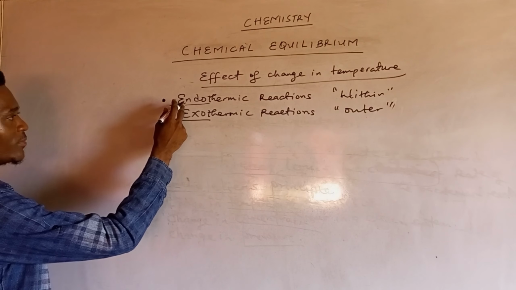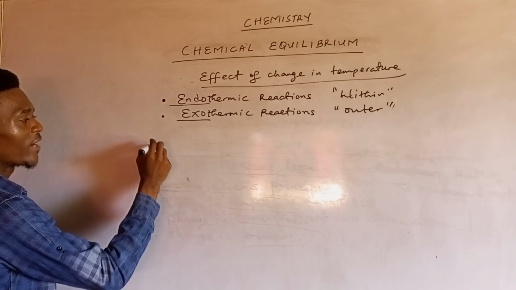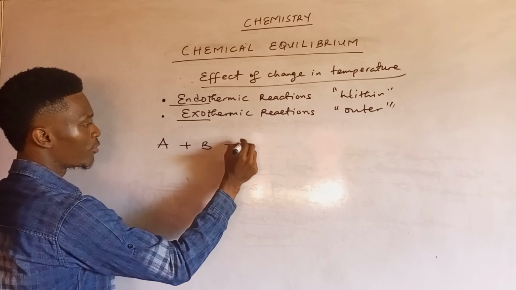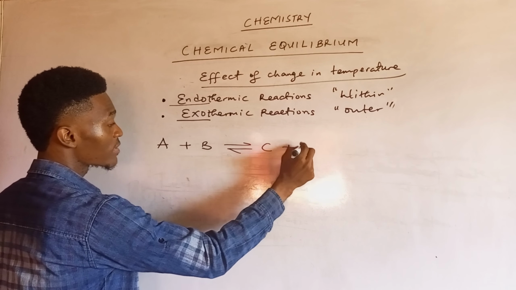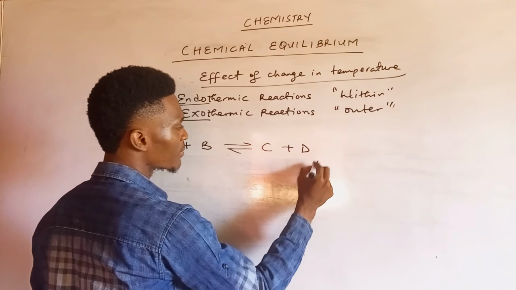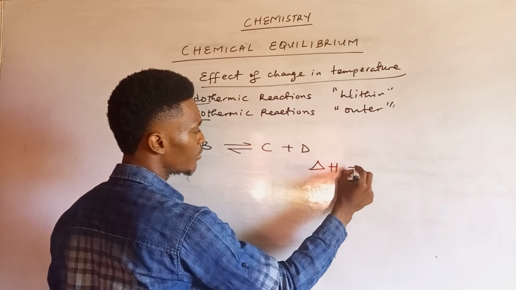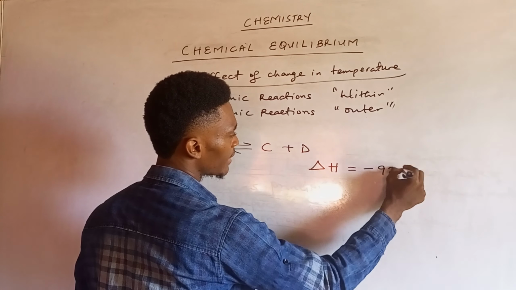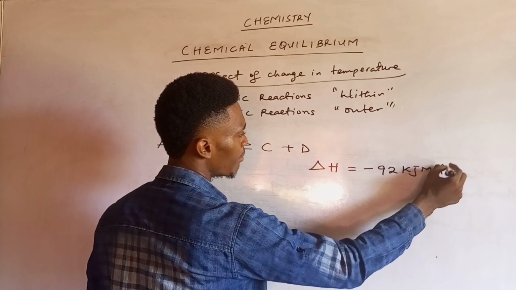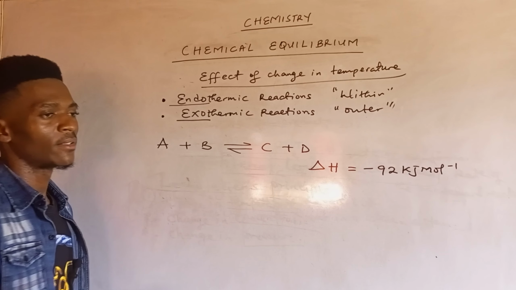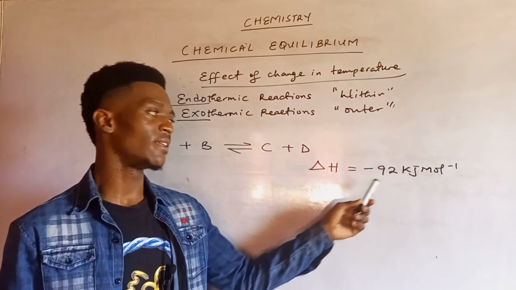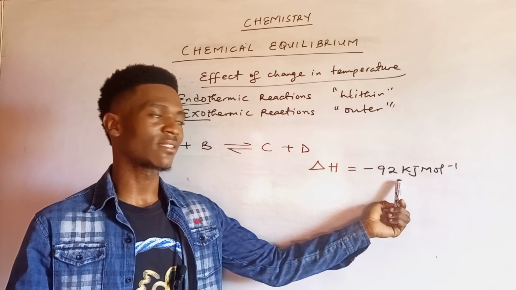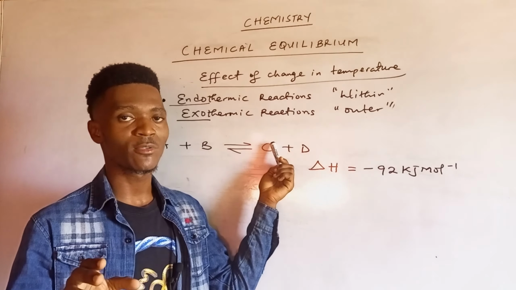For an endothermic reaction, you must have seen a reaction given. Let me use letters for simplicity. A plus B to give C plus D. And then you would see something like this. Take your delta H, which is enthalpy change, to be, let's say, negative 92 kilojoules per mole. Now looking at this delta H value that was provided, it is a negative value. And whenever you have a delta H value to be negative, it implies that the forward reaction is exothermic, because